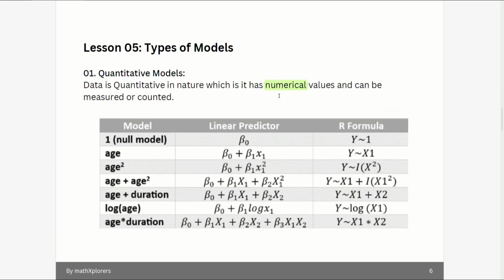So, firstly, let's consider a quantitative model. A quantitative model can be defined when our values are numerical in nature. Let's say that you have a null model. A null model is basically a data set where you do not have any independent variables. So, in that case, we will have a single intercept parameter. Let's say that you have a column age to support the predictor variable. In that case, you will have a combination of intercept parameter plus the coefficient and the x1 parameter, which signifies the age variable. So it's a combination of intercept parameter plus beta 1 and x1.